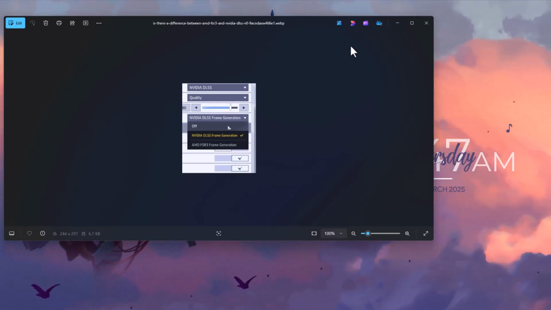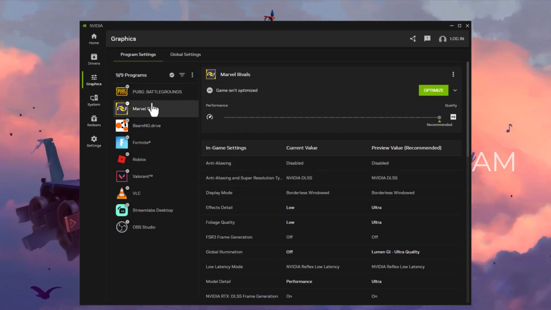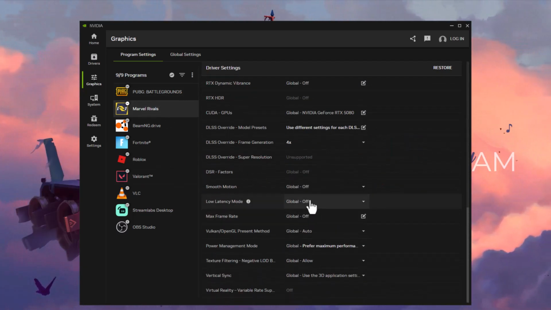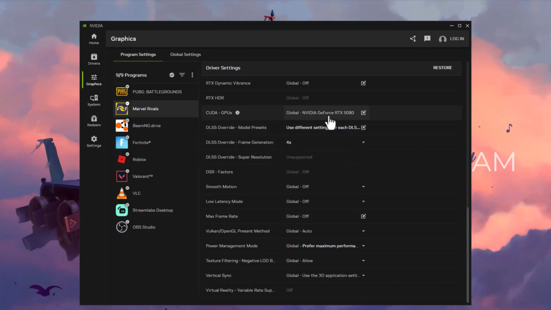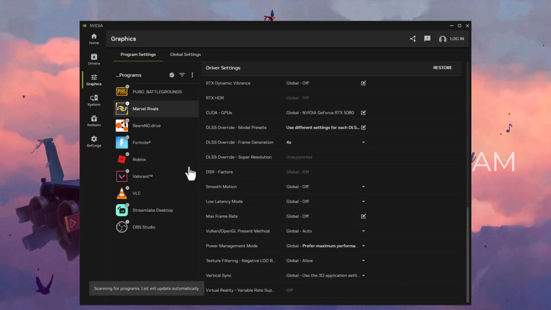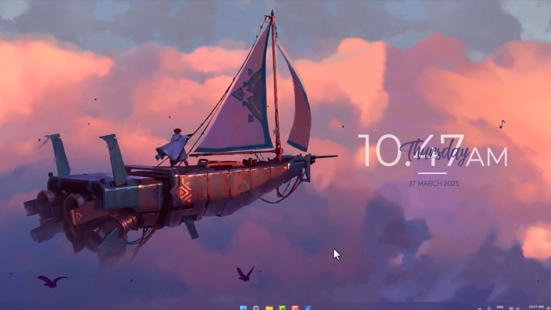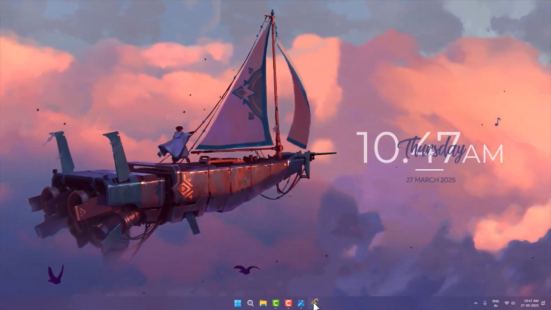And if the game is not supported, like it shows unsupported, then you just need to click on this three dot icon and select refresh. And if this doesn't fix your problem, then close stuff here and just open up Chrome and